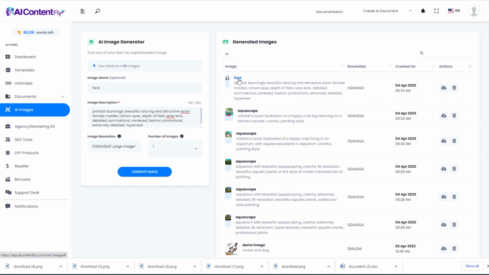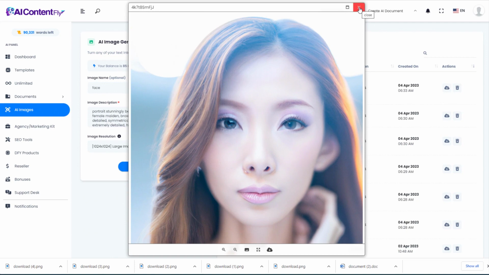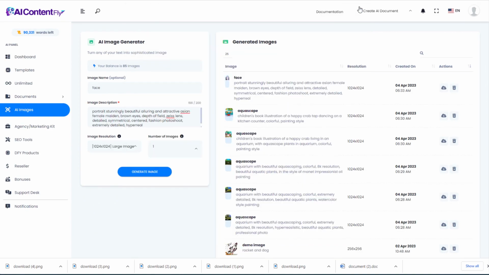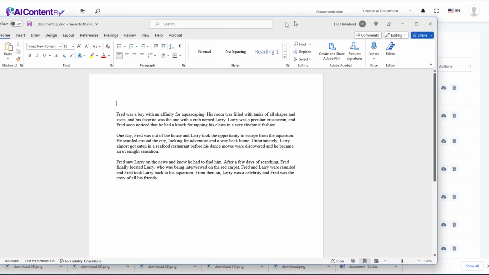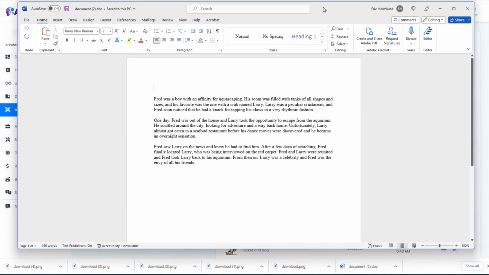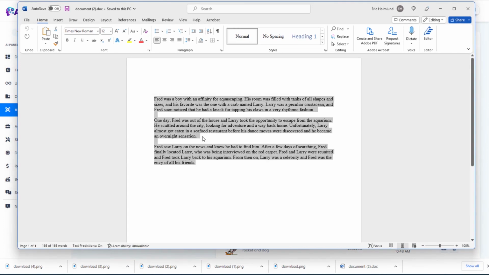And let's take a look at what it created for us. Look at that. Just so you know that it can do more than just watercolors and children's book illustrations. Now, I did want to take just a moment to show you what I could do with those children's book illustrations. Here was this Word document that we downloaded directly from AI Content Fly of that story